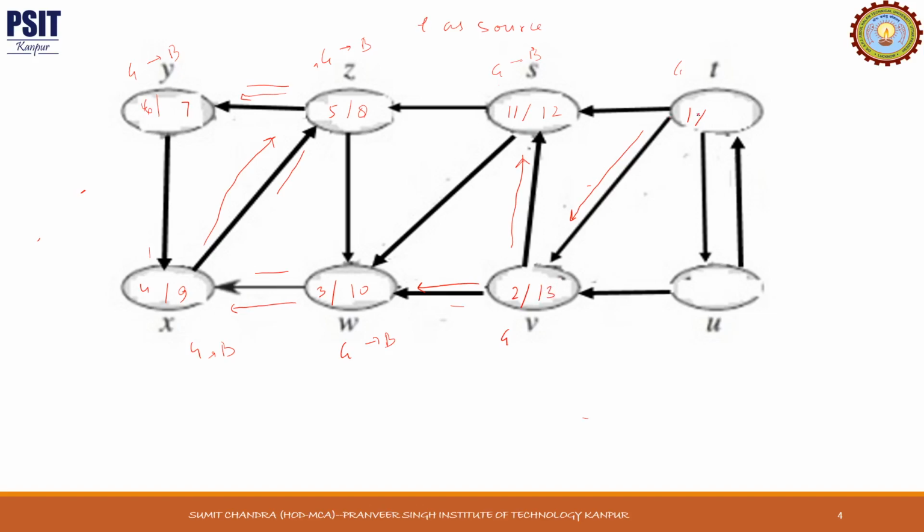Then we backtrack, so from T I can go to U, so start time 14, color gray, and from U I cannot go anywhere because T has already been discovered, so finish time 15, color black. Okay, then we backtrack, this path we have chosen, so color becomes black, and finish time 16. So even if I choose a different vertex and different path, the final finish time that I will get is 16. Now since we have already chosen a path, we can assign backward, cross and forward edges.